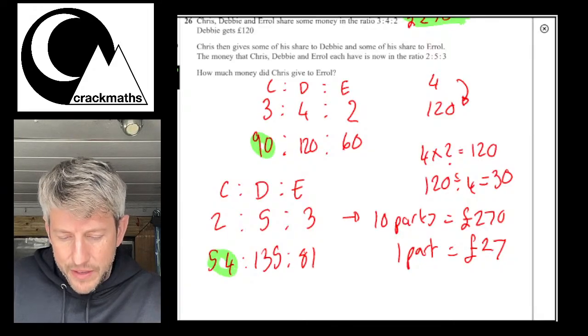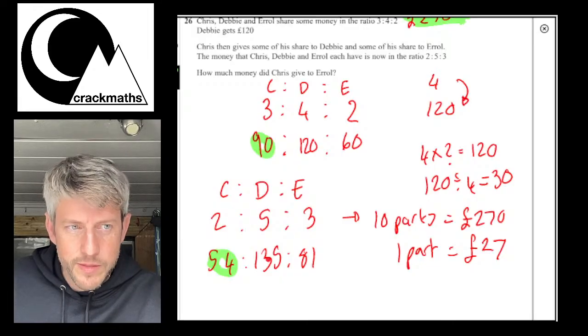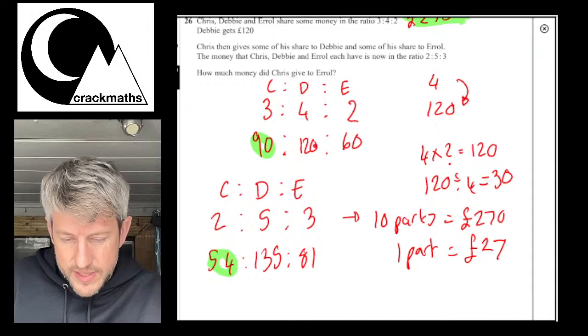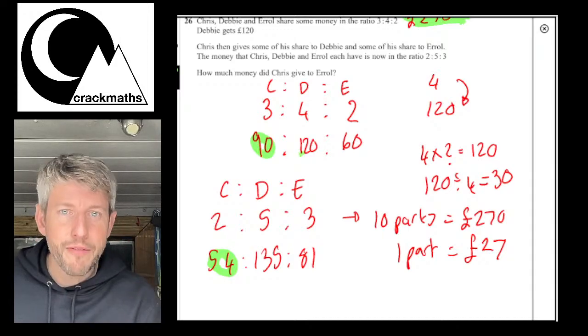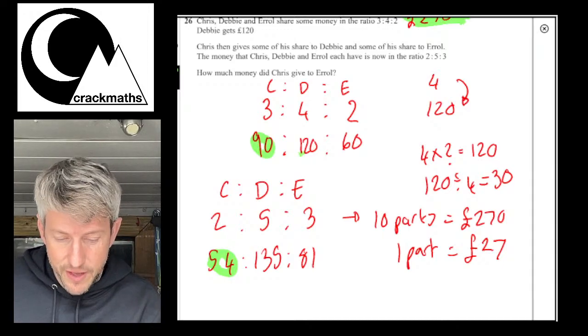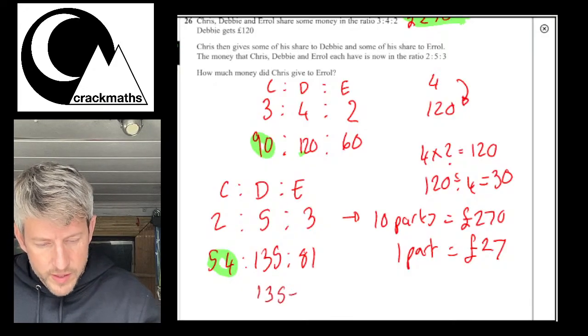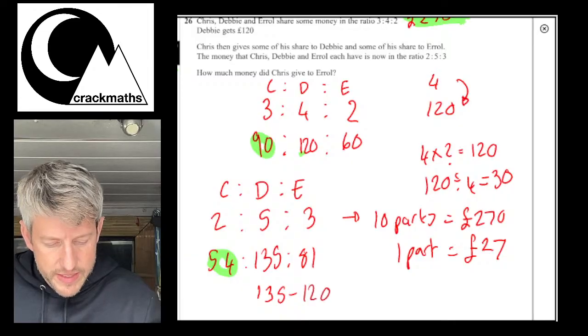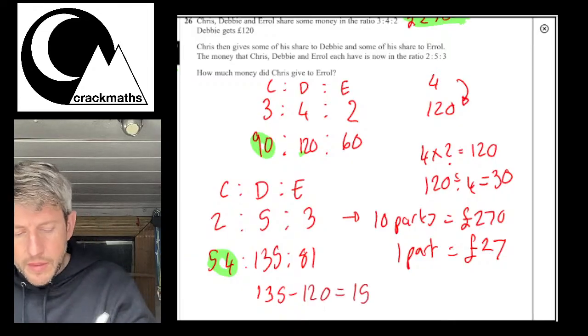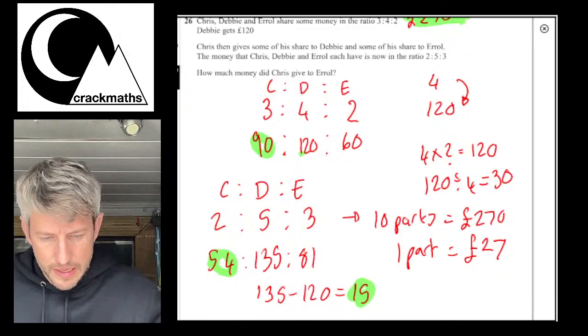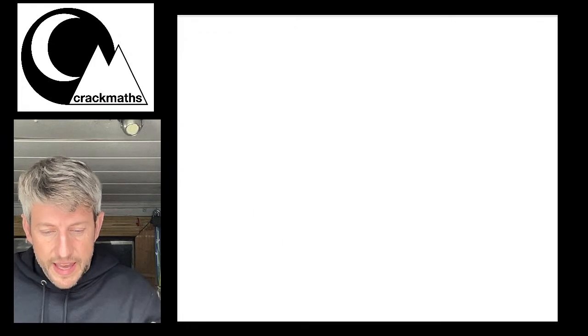Debbie went from having £120 to having £135. So if I do 135 minus 120, that equals 15. So Debbie gained £15 in this whole operation, which means Chris gave Debbie